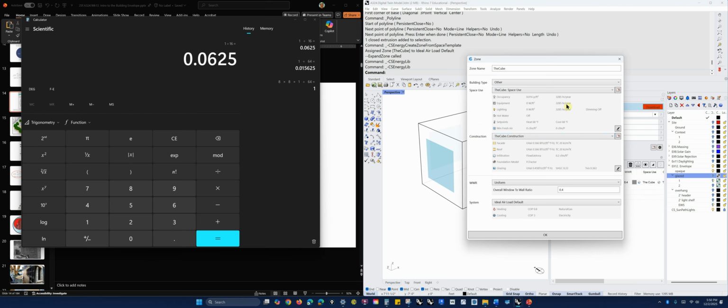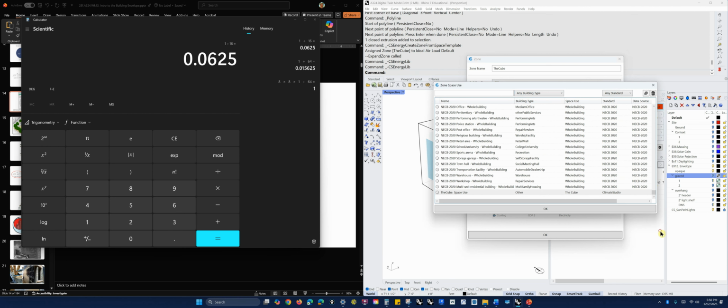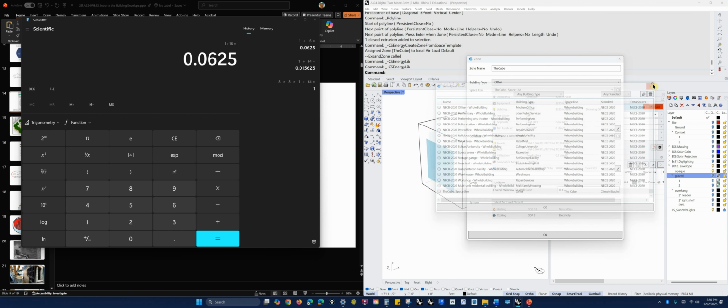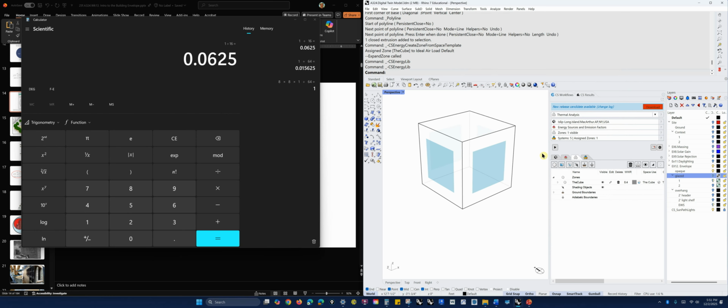If you can't see it, this is basically just a filter, because we have a lot of templates we can choose. You can always just go here, and I put mine in other, which is a small list, so that's helpful. But if you don't see it, if you go to any building type, it should be there at the bottom. Anything you make is put at the bottom of these lists. Okay. So then, if I run this,